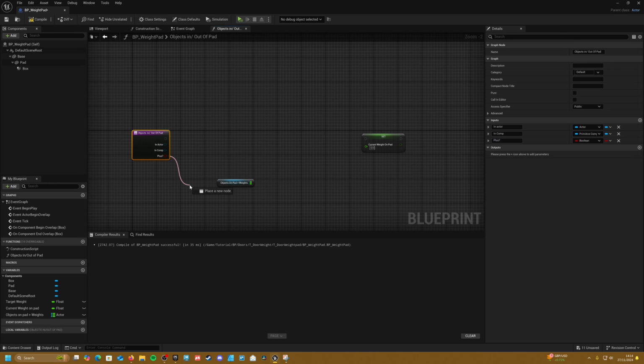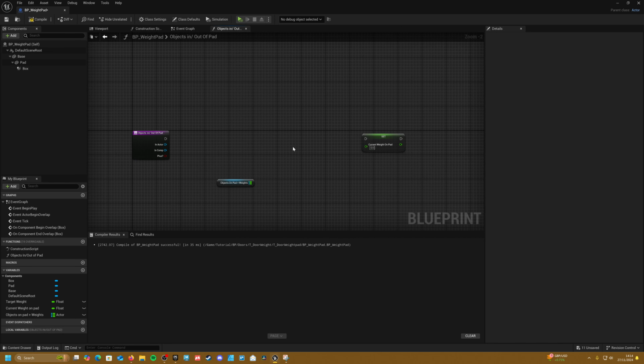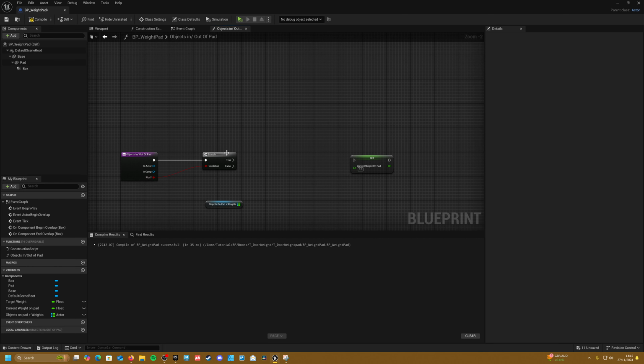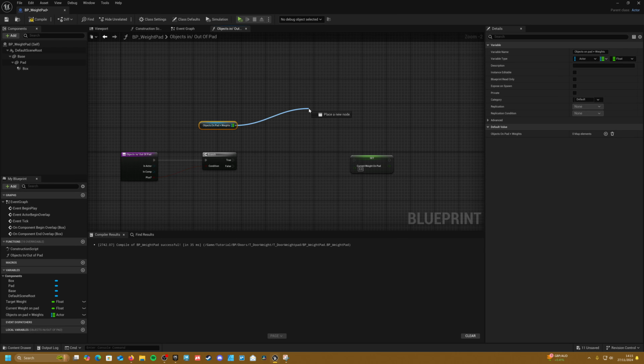And this is going to be used to filter whether or not we're adding an actor or if an actor has been thrown off the pad or has left it. Okay, so first of all, let's create a branch for our plus. So if we left click and press B and chuck our plus into the connection here. And what we want to do is, if it is being added to the pad, we want to add to our map. So if we add, like this,